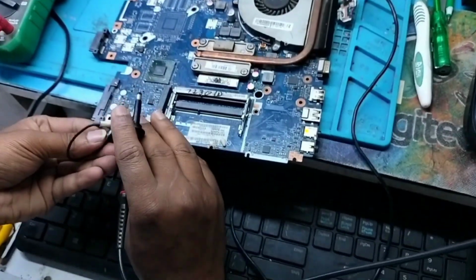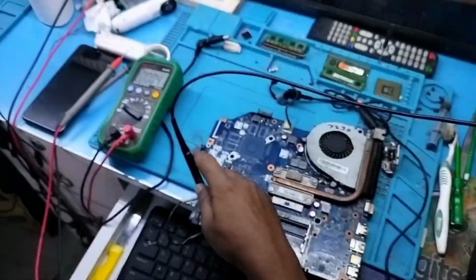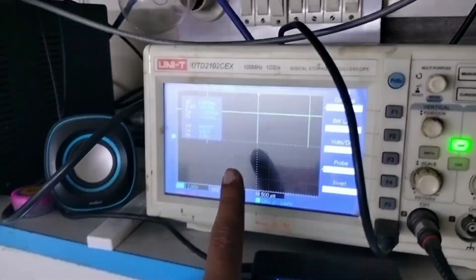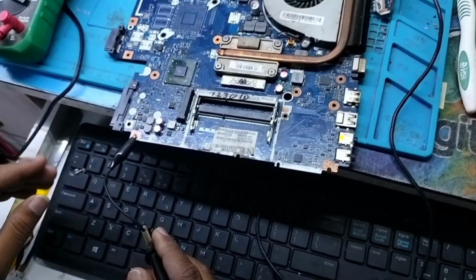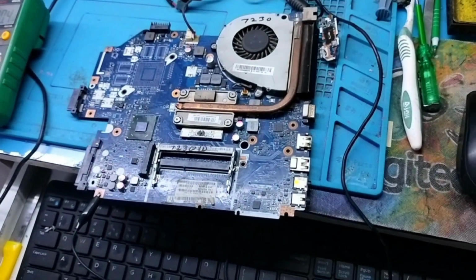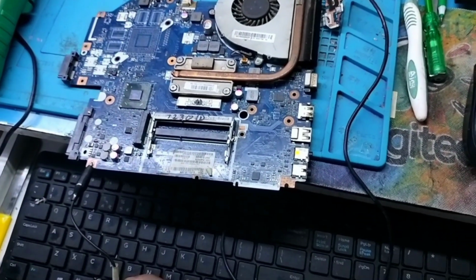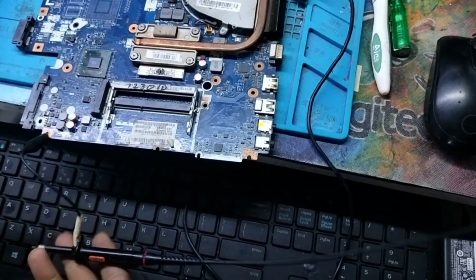Okay. See, there is not any glitch, and PWM is okay on 3 volt, and 5 volt PWM is also okay. So I don't think there is any glitch from 3 and 5 volt, but this board still does not get fully on. Now I have to check the basic requirements of IO, because sometimes this problem occurs if any requirement of IO